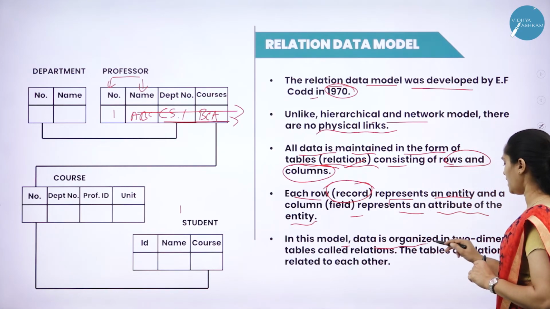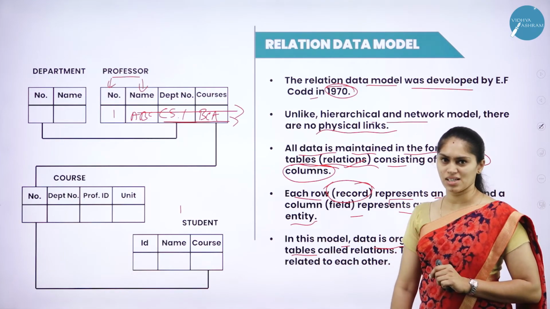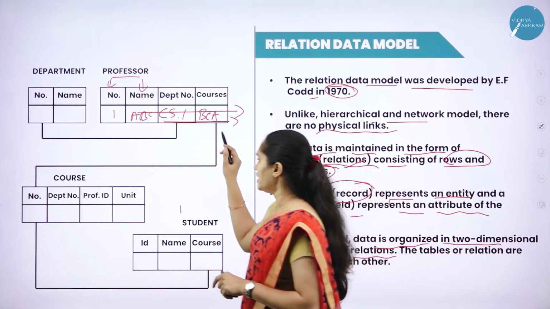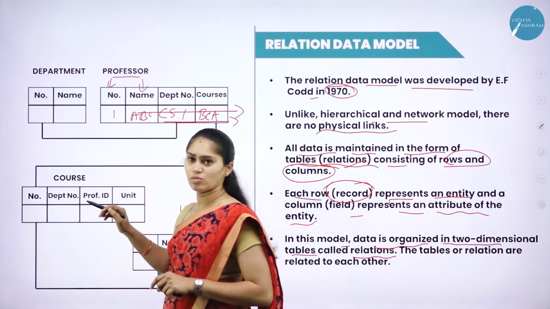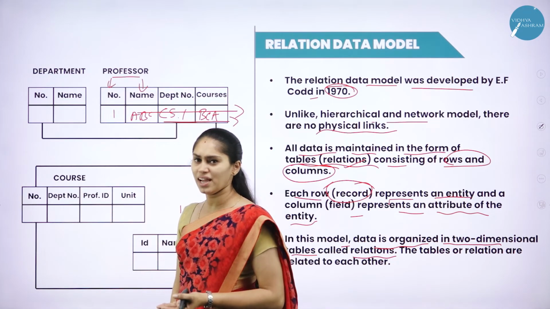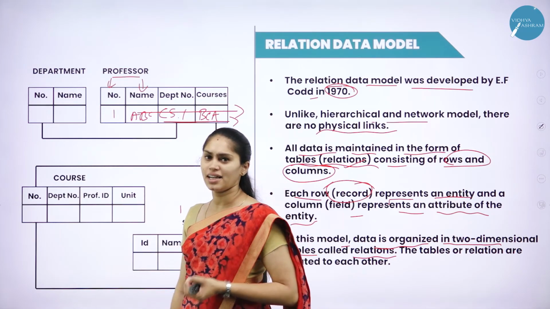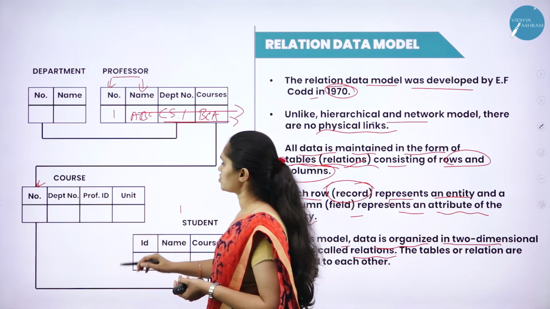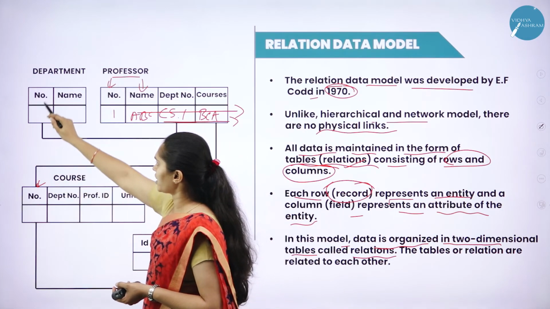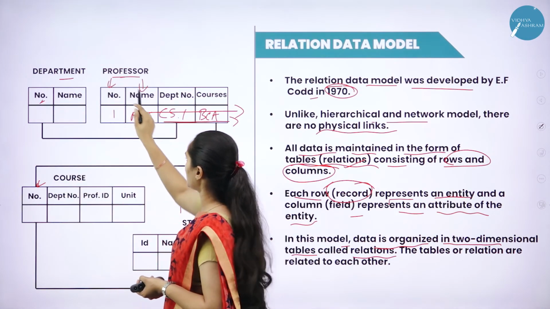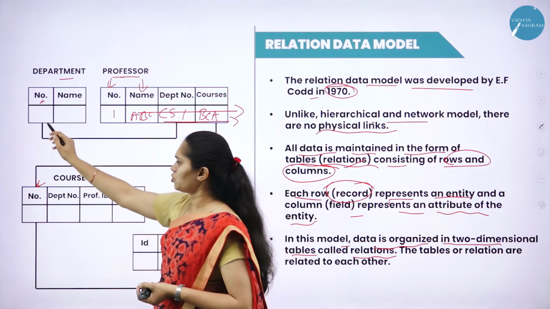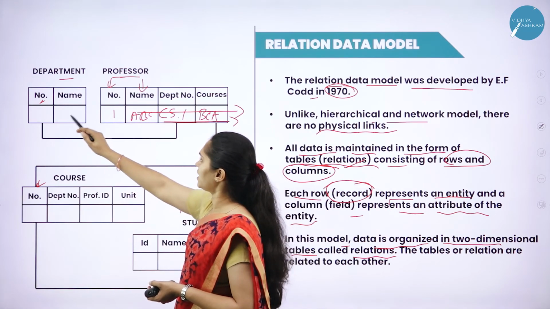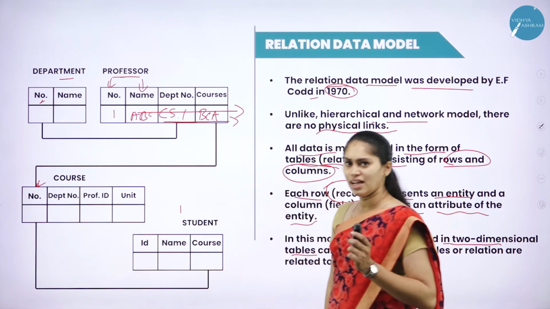In this model, data is organized in two-dimensional tables. That's why it is called relations. It has both rows as well as columns. So here, instead of having a physical link from one entity to another entity, we simply have a relationship between the entities, based on a common attribute or a common field among those two. Here you can see department number. In the department we have a number, and even in the professor we have a department number. So these two will be the common field in both the department as well as the professor. Then there will be a dependency between the department and professor entities, but we are not